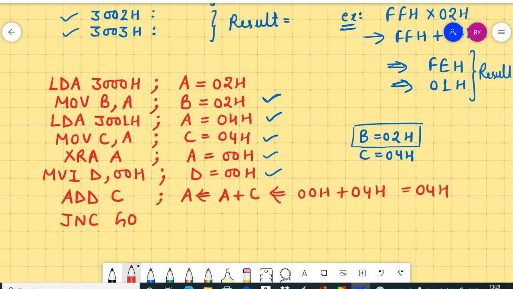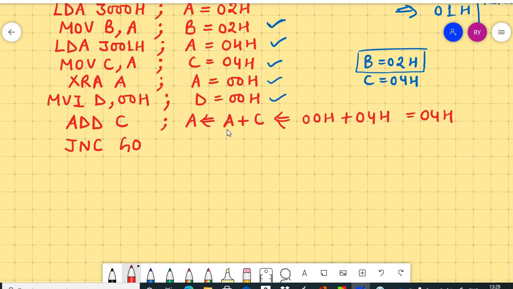Okay, means shifted to location GO, that one is the label we can define. So jump if not carry. If carry is not generated, then this number adds to itself again and we check the carry again. If carry is not generated, then again add itself. If carry is not generated, jump to location GO. Once the number is added one time, then decrement the value of register B.